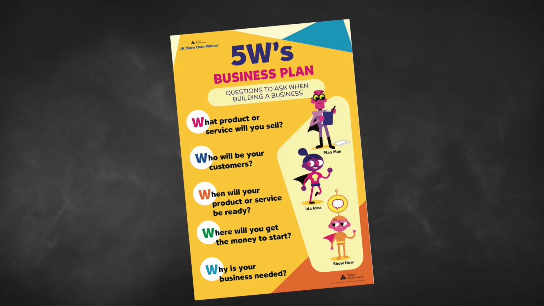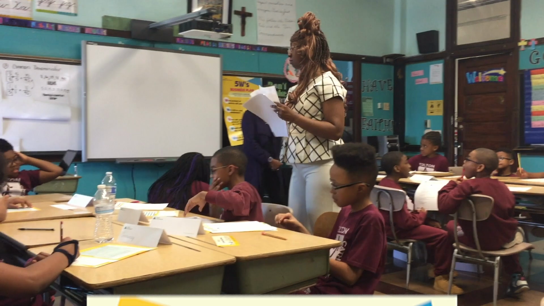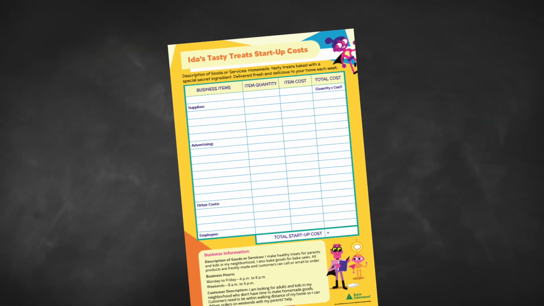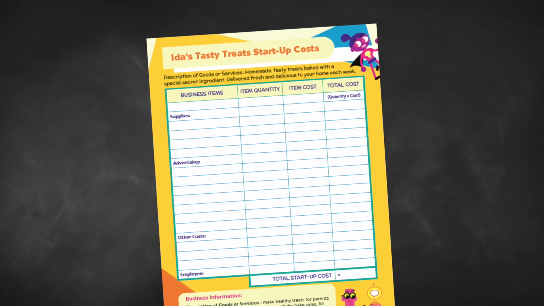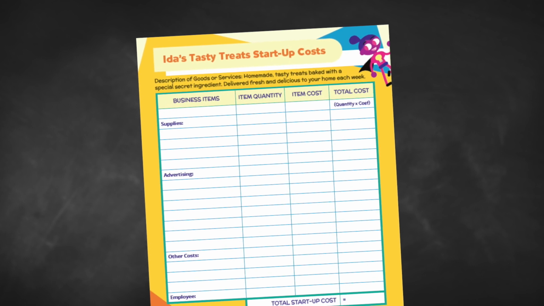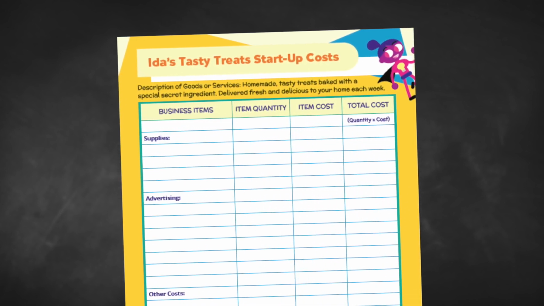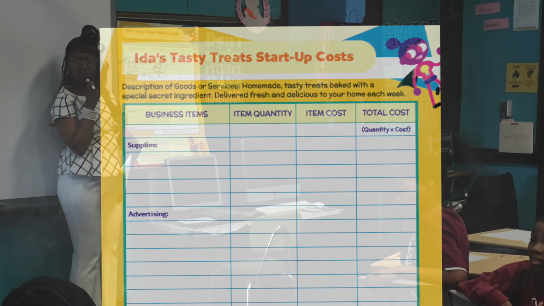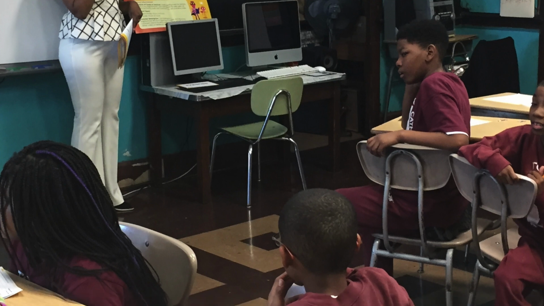Now that they've completed the 5 W's of basic business planning, tell the class that they will need to think more about how to get their business started and relate back to Ida from the comic strip. Display the business plan poster and point out Ida's business plan, explaining that there are 2 parts, startup costs and business information. Note that side 2 of this poster is not available as a digital asset because you'll be writing on it. Walk the students through Ida's startup costs, having them brainstorm together as a class.